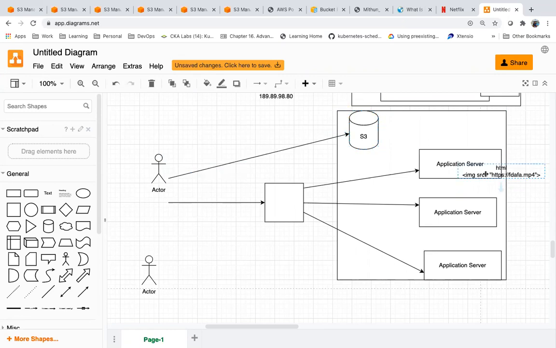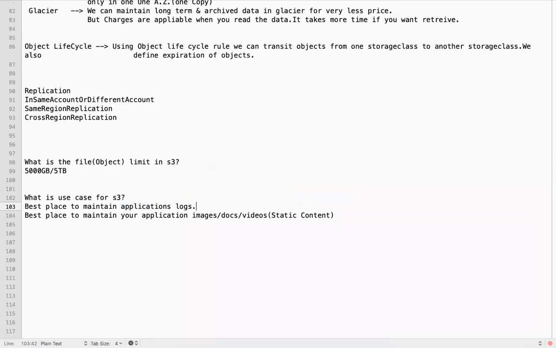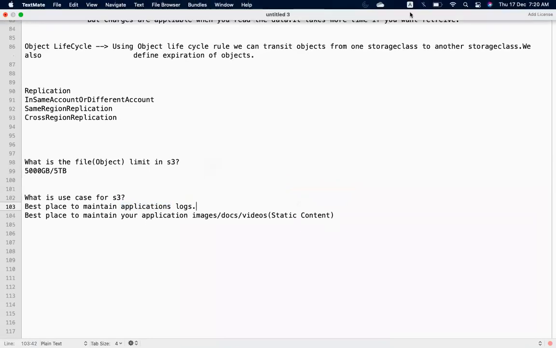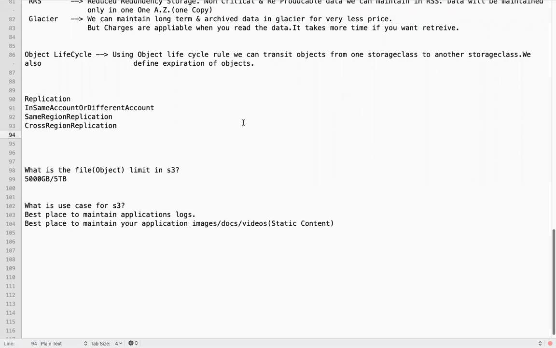Your application is referring to the objects in S3. It is also the best place to maintain application log files. If you want to maintain the last 10 years of log files, you can maintain them in an S3 bucket.